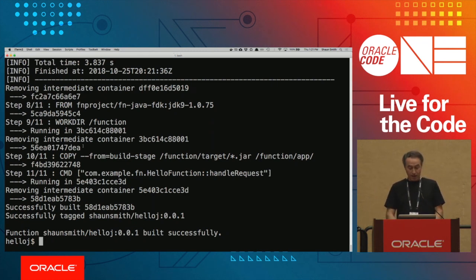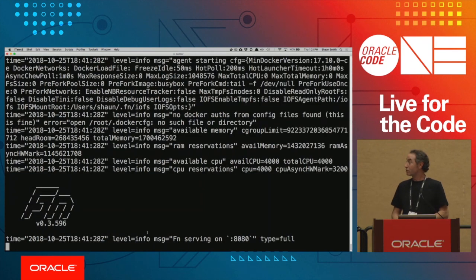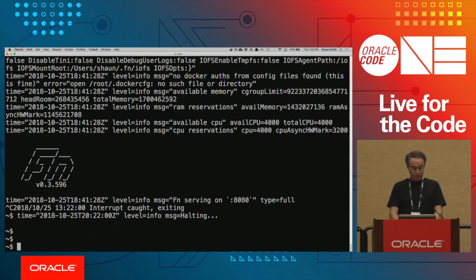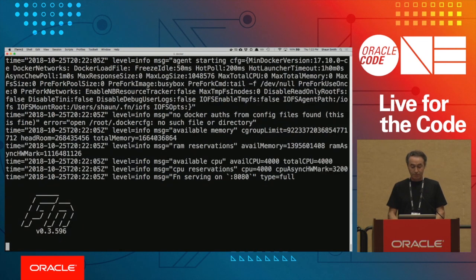Okay, so I've got here a container, right? It's built a container here for my function. I can deploy it, and I've got a local server running. So I've got over here, I've got the FN server. In fact, I'll stop it just to show you. So I can say FN start. Starts a local server. Again, it's a Docker container with the server and all of its bits, so we're very Docker-centric, but it's running locally.